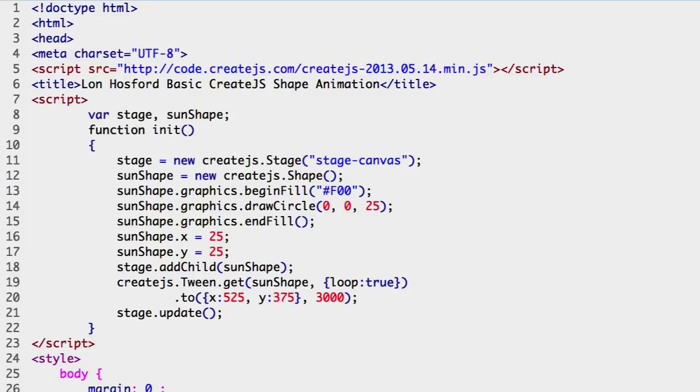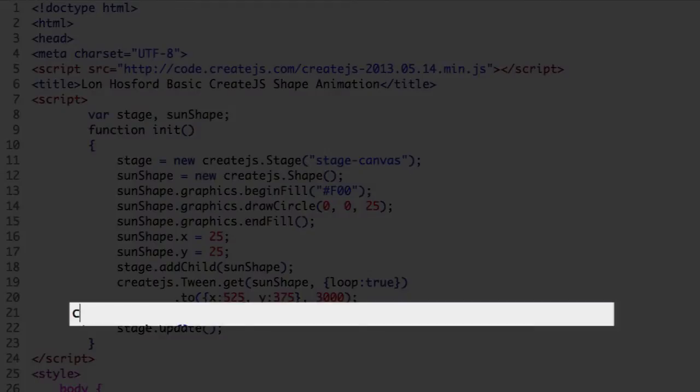We use the EaselJS ticker class tick event to continuously call the stage update method. We start with the CreateJS namespace, the ticker class, and the method addEventListener. The addEventListener method takes two arguments. The first is the event name, which is tick. The second is a function to call for each tick event. We will call our function tickHandler